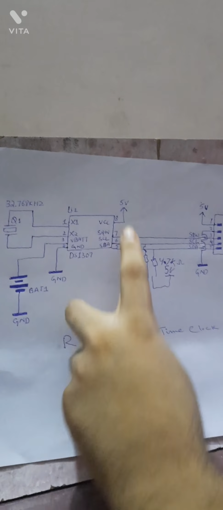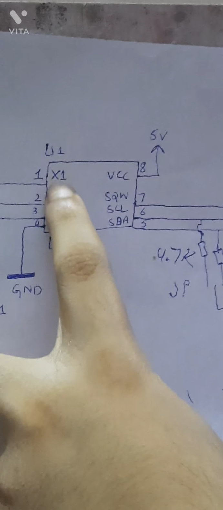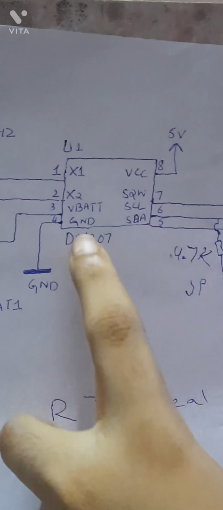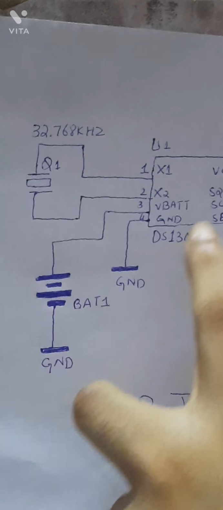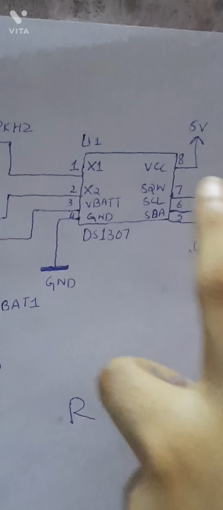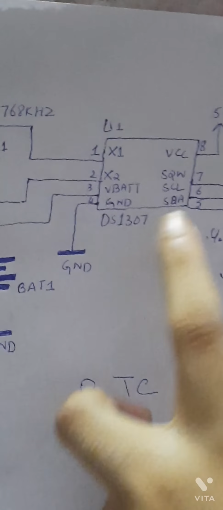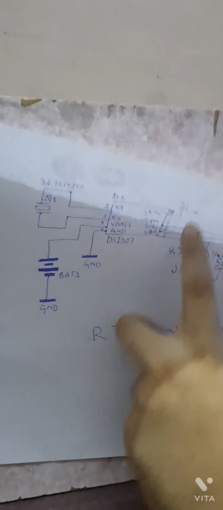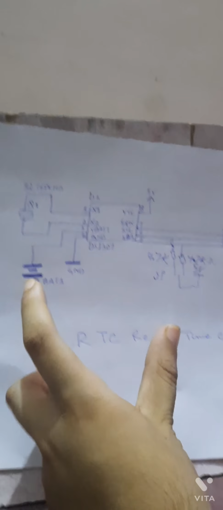There is an IC, where pin number 1 and pin number 2 are connected to a 32.768 kilohertz crystal oscillator to maintain the time. Pin number 3 is connected to a 3.3 volt battery to ground for backup time, because when the circuit is turned off, not plugged into the Arduino or a 5 volt power source, the module can still maintain the time. So next time you turn on the clock, it has the proper time.